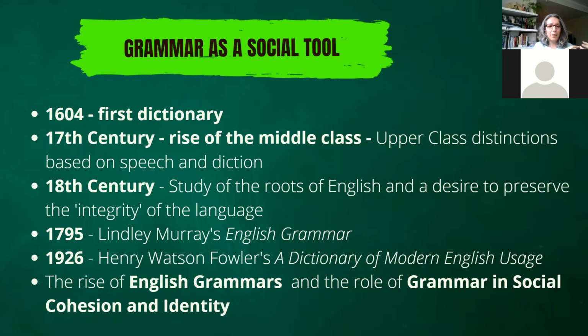So what I mean by that is that every geographical area where English was spoken adapted English to suit their needs. And this is the great thing about English, is that it's so flexible and adaptable that it can take on whatever people feel necessary. And that's why it's been so successful. And it's now spoken by more people than any other language has ever been spoken. So now we've got English grammars that are geographically placed, but we've also got English grammars that are